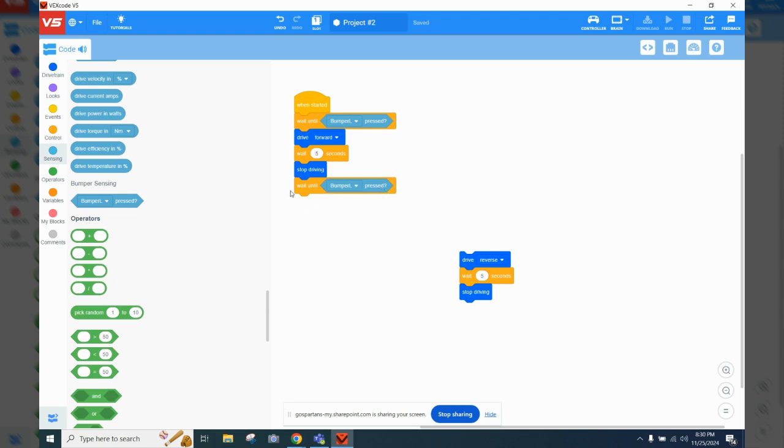Okay, now I could control this whole program with just the left bumper switch. I could say wait until the left bumper is pressed again, and then drive in reverse for 5 seconds and stop driving. But we want to also troubleshoot our bot a little bit as we're going through this. So I'm going to make the right bumper switch control this next line of code,